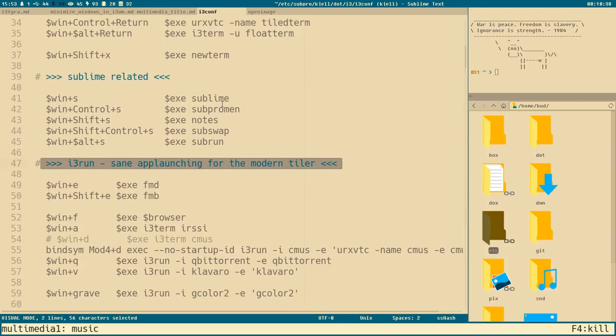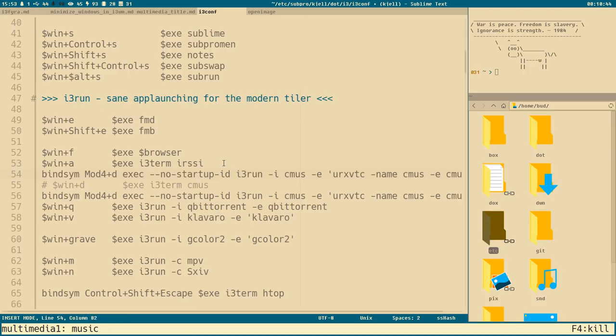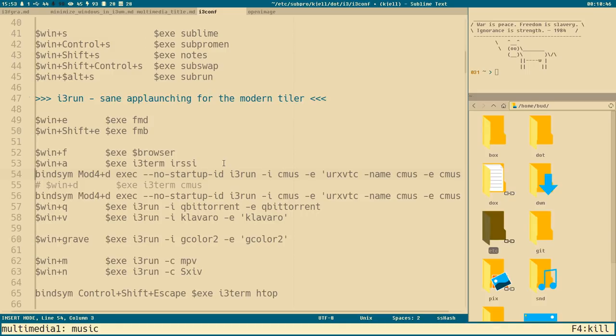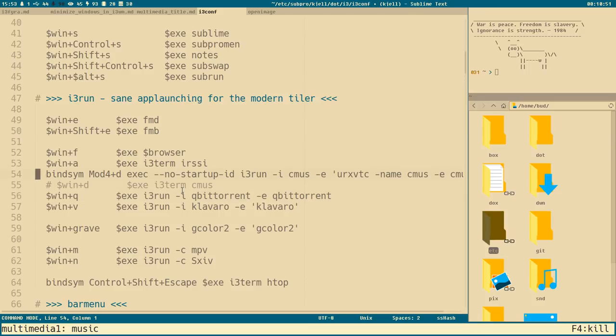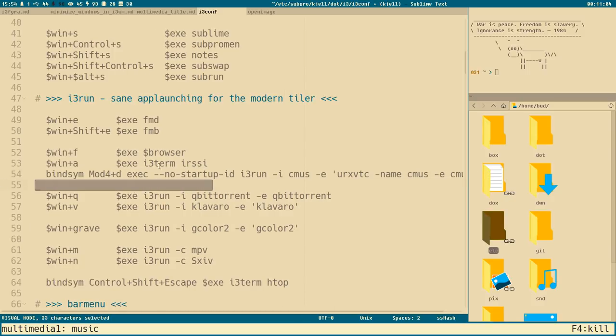I have this i3 run section here. I have this key binding already, but I commented it out so we can add one by ourselves here. And here you can see, oh, I also had this duplicate here. This is a normal one without, you see, I have covered this in a couple of videos that I use variables a lot in my i3 config file. Otherwise, this line could be this short. But this is how long it is without any